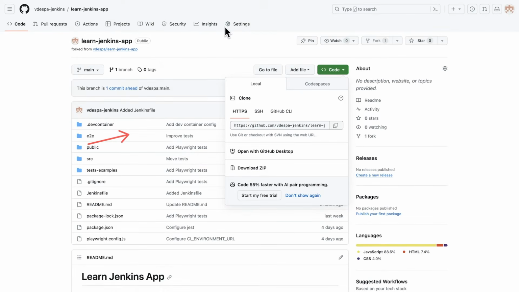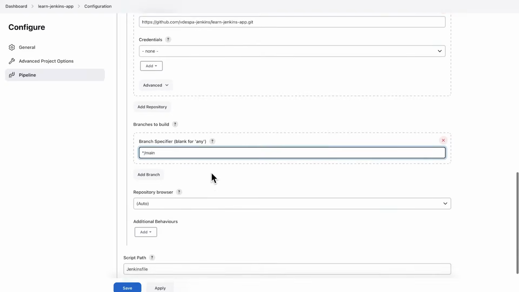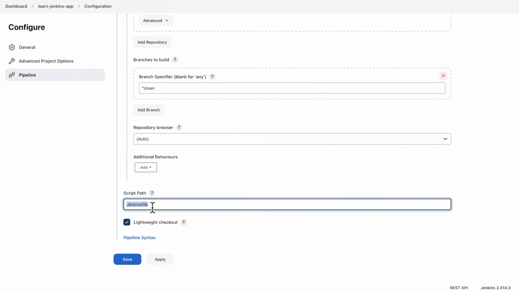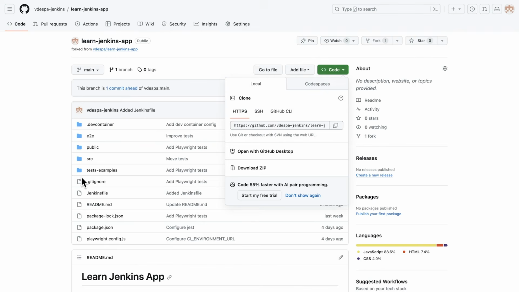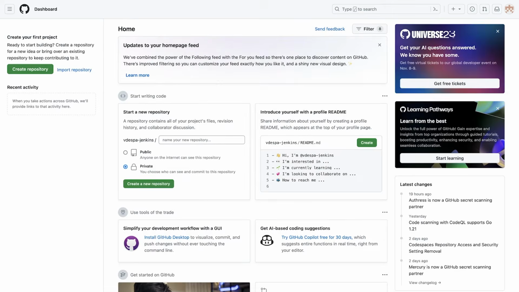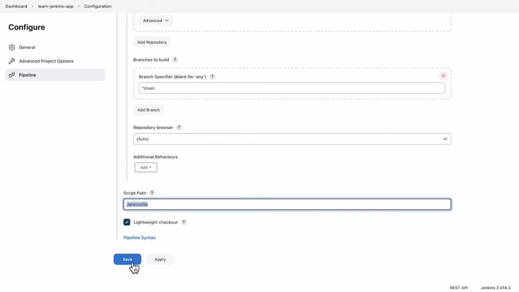So we can check again here. You'll see here the name of the branch that we're using is main. Okay, so this is another thing. And apart from this, we're going to be asked for the script path. Essentially, where is the Jenkinsfile? And you'll see here there is no path. So we just want to make sure that the name of the file is exactly as we have written it here. So I'm copying it. I'm quickly searching here. I'm going to see here we have the Jenkinsfile here. So the path is also looking okay. I'm going to click here on save